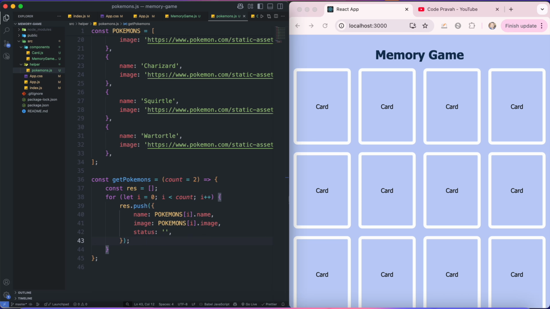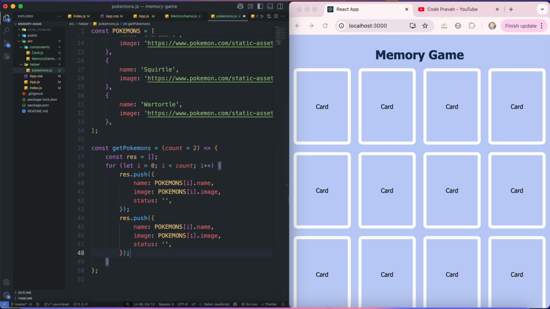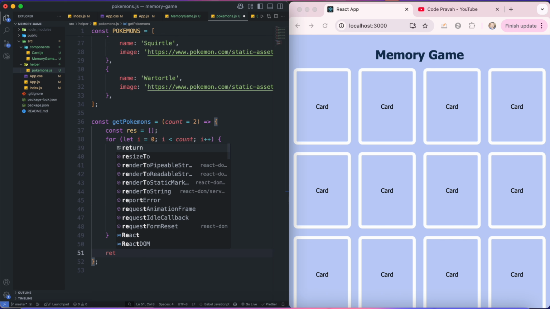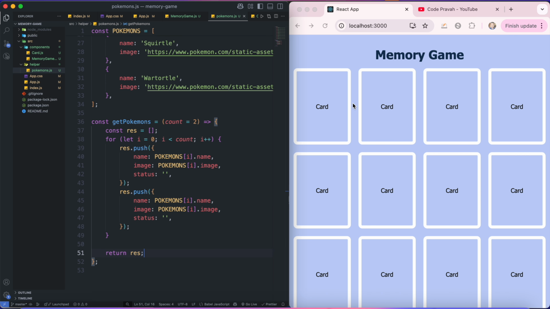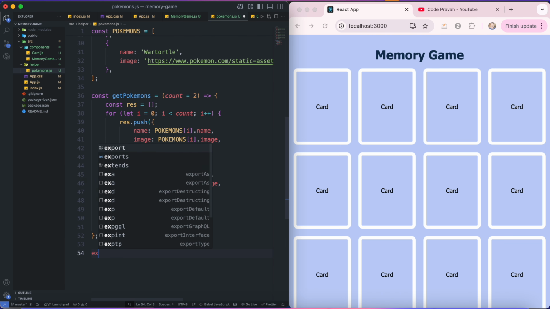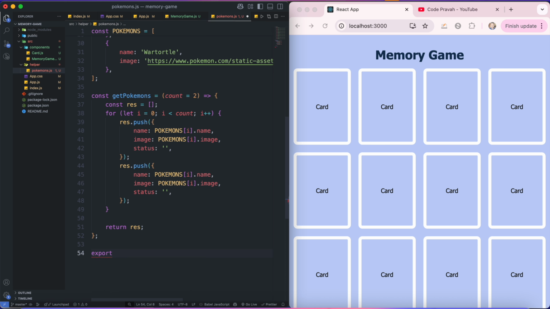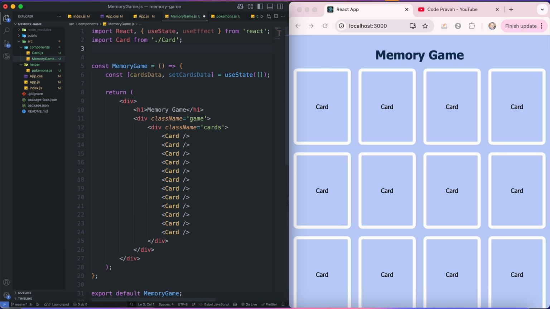And as I told you, we need to push this data 2 times to make a pair. So I'll simply copy and paste it again. And now I'll simply return this res variable from this function. And now we will simply export this function getPokemons from this file. And then I'll go to my memory game component, and I'm going to import that getPokemons function, and I'll be